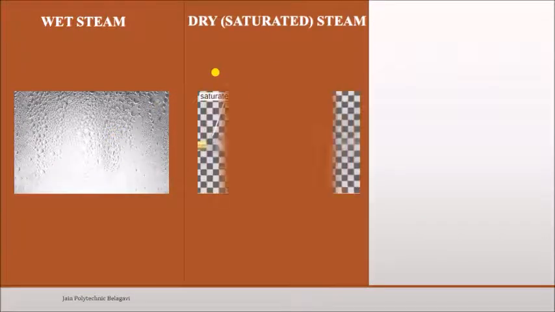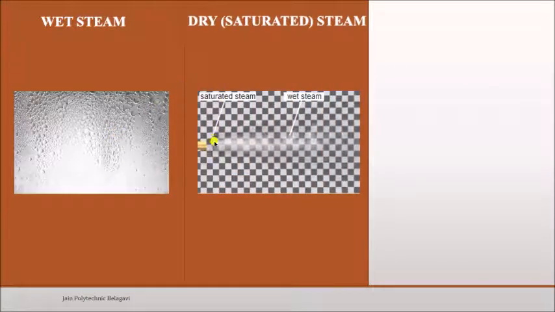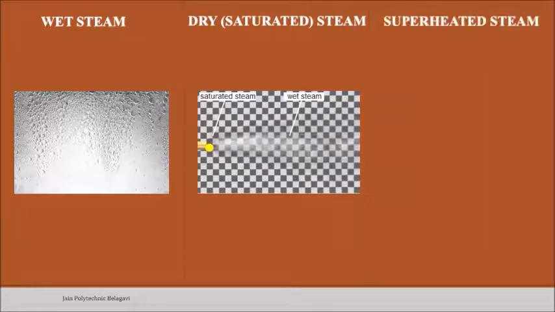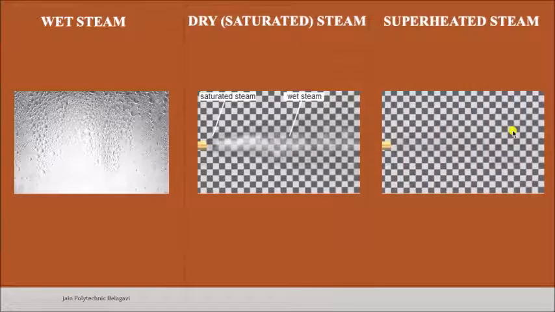And we'll see what dry saturated steam is. You can see here, this is the dry saturated steam, which is fully dry, and this is the wet steam. Wet steam has some water particles in it, and dry steam is totally dry, with no water particles. And we'll see how superheated steam looks. It is nearly invisible, but since there are air particles, you can see it here. This superheated steam is nearly invisible to the eye, has a high temperature and lower density, and is used to run the turbines.